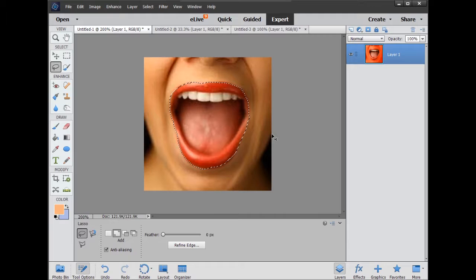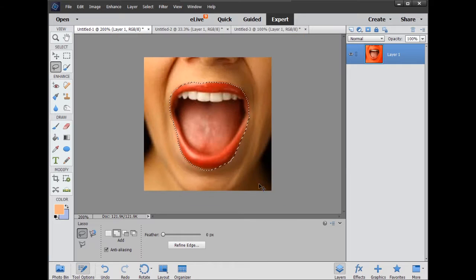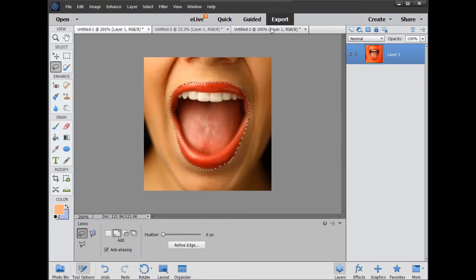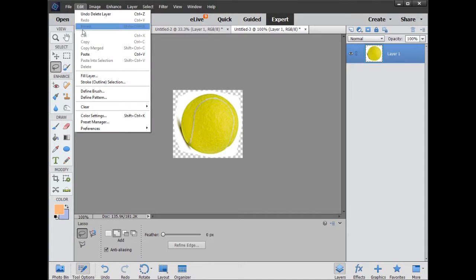Control minus minus zooms out. And I'm going to Control plus plus. Go in here. Select a little bit more. Okay, now I'm going to do a copy. You can go to Edit Copy here, or you can use the Control+C shortcuts. Back here, and on your ball, when you do an Edit Paste,